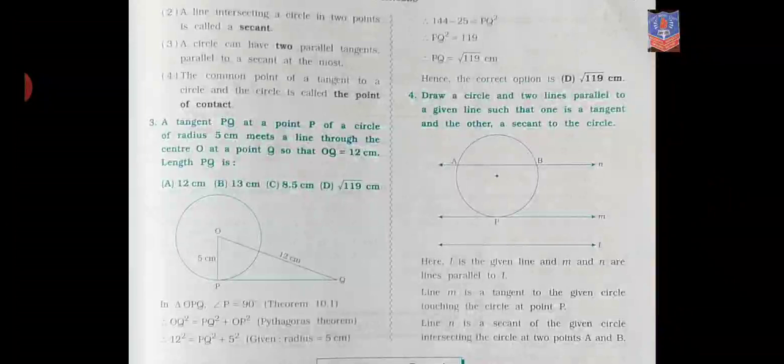M is the tangent to the circle, है ना, at the point P, and N is the secant to the circle, intersecting the circle at 2 distinct points A and B, and these 3 lines L, M and N are parallel to each other। सिंपल आपको ड्रॉ करना था और ये थोड़ा नीचे एक्सप्लेन कर देने का। I hope you understood students, that's it, all objectives are there in exercise 10.1, so let us proceed further now।